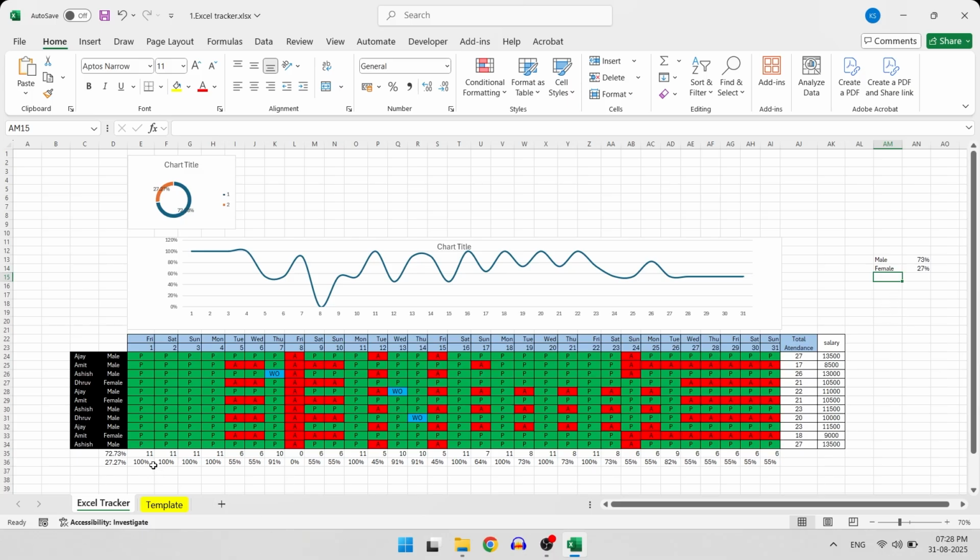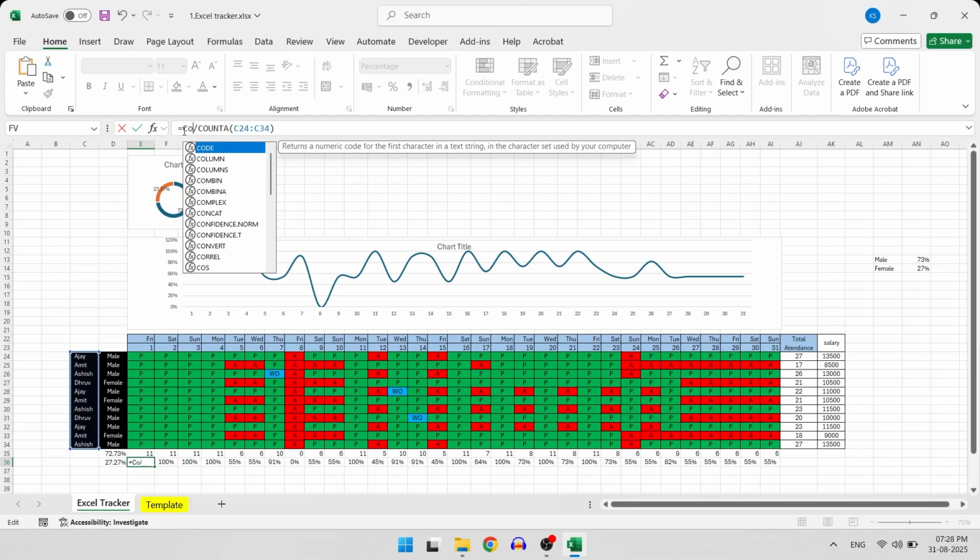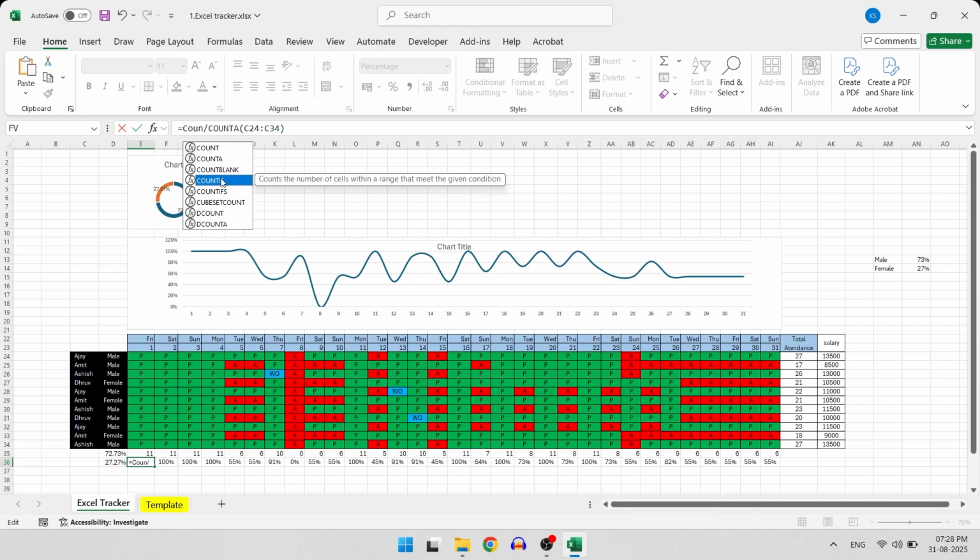Also, let's merge the formula for daily attendance into a single cell. Just alter the formula in cell E36. Change the value E35 with the COUNTIF, and this gives you the percentage in a single cell only.